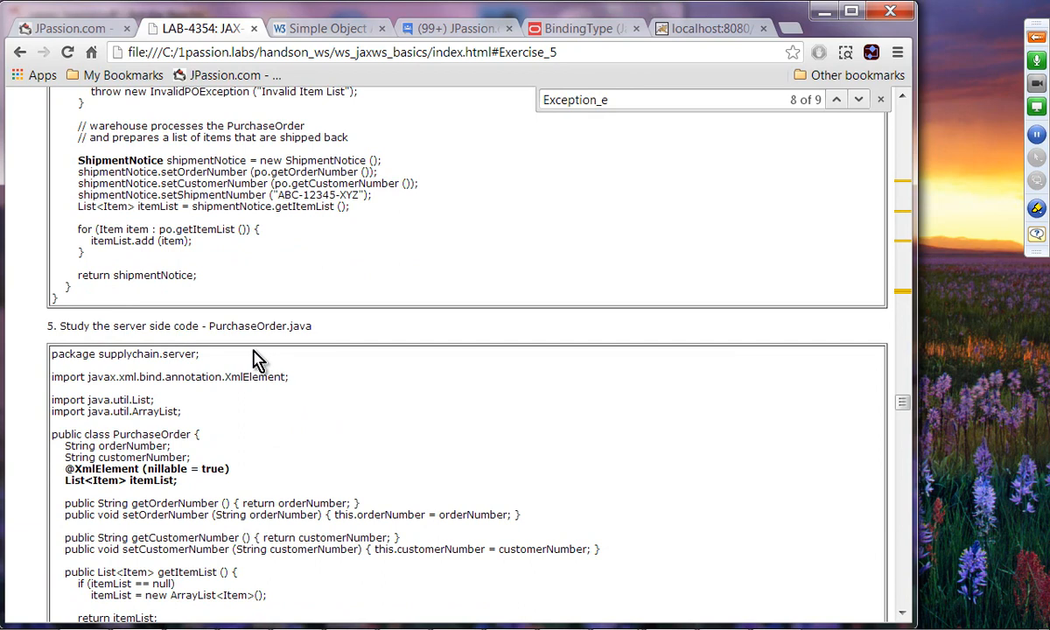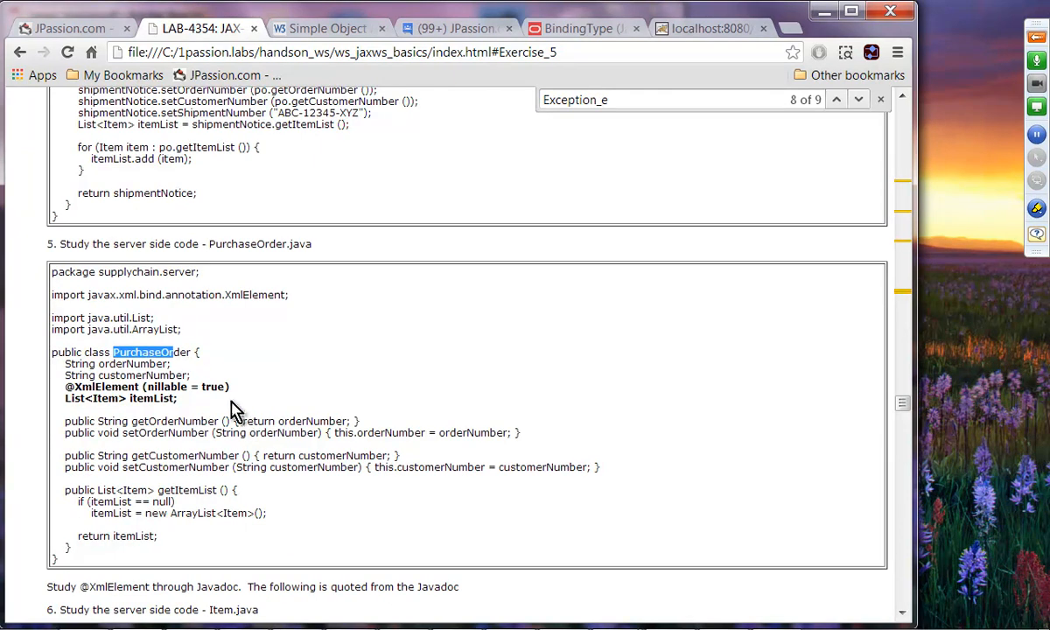Okay, so let's take a look at the purchase order Java file, which is actually defining purchase order. Here we have string and customer number. Those are primitive types, so they are going to be automatically translated. And then we have a list of item objects. In this case, item is again